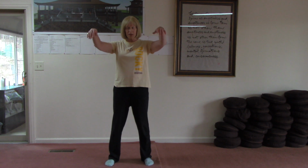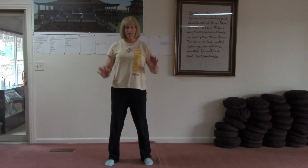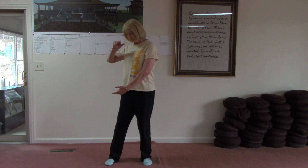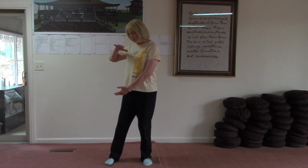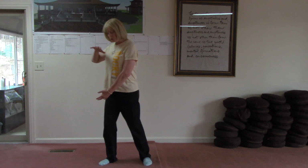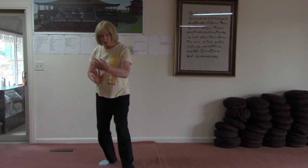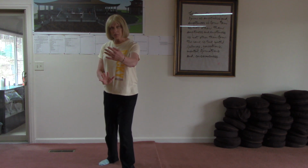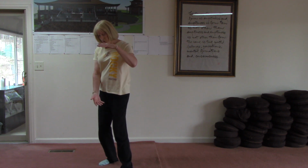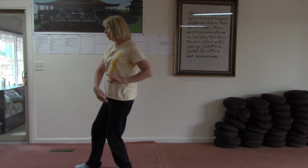which I've explained in other videos. Inhaling up, exhaling down. Then it comes to holding Tai Chi ball and moving Tai Chi ball. The right foot comes out on a 45, allows you to step forward into grasp sparrow's tail, and then you pivot forward. Then you pivot back, left foot comes on a 45, the hands come into holding Tai Chi ball, the weight shifts over to the left side so you can step out into ward off,